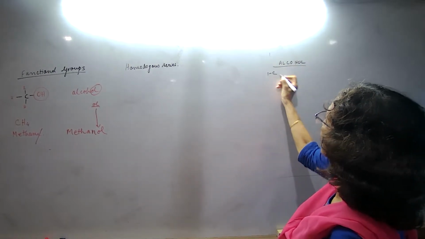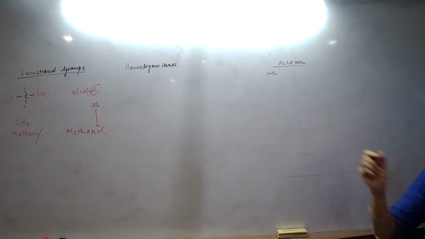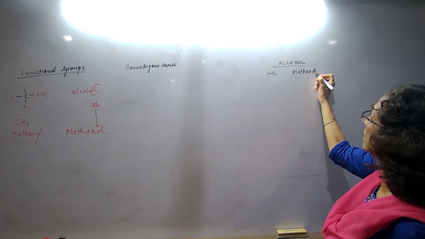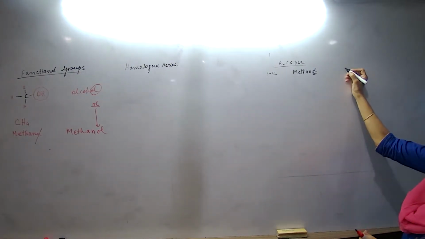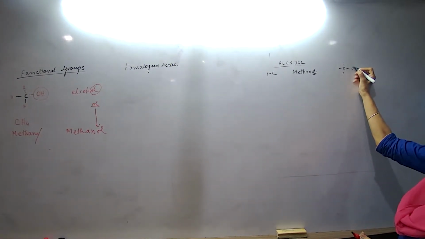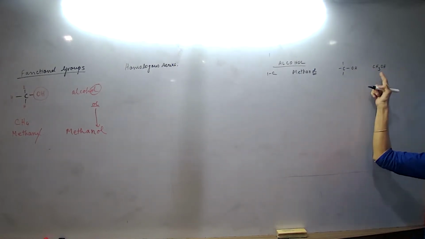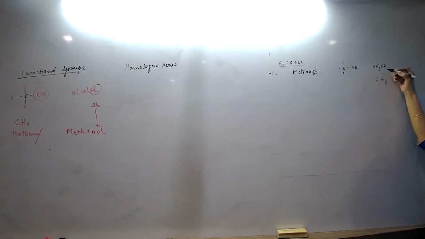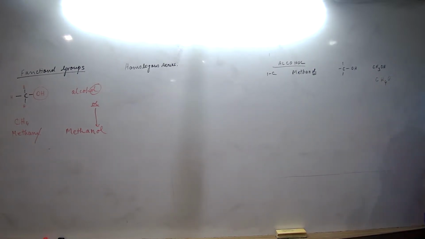What will the first carbon be? Methane. From methane, what will it be? Methanol. Yes. Methane becomes methanol. Did you see the ending? These are all hydrogens. Only one will be OH. So it is CH3OH. Can we write it as CH4O? No. 3 plus 1 is 4, but no. The structure is different.